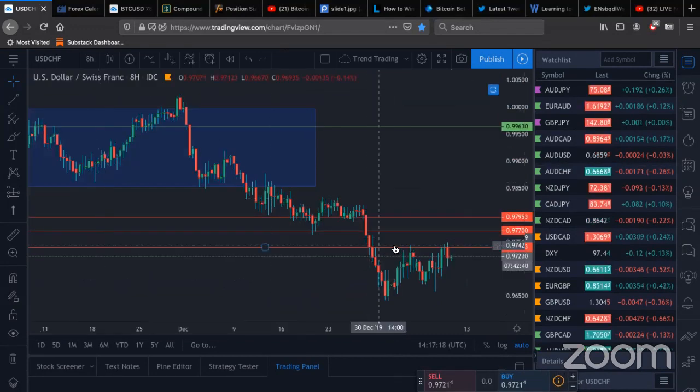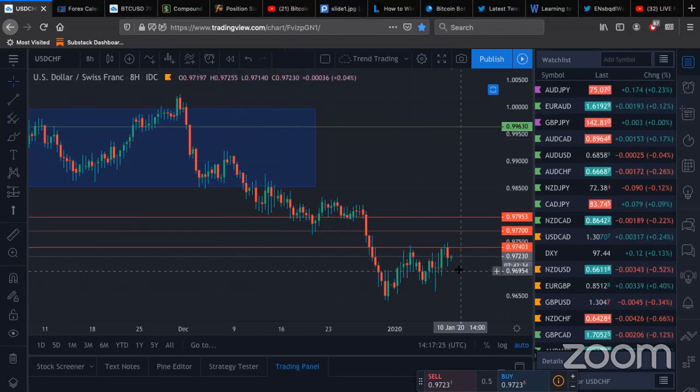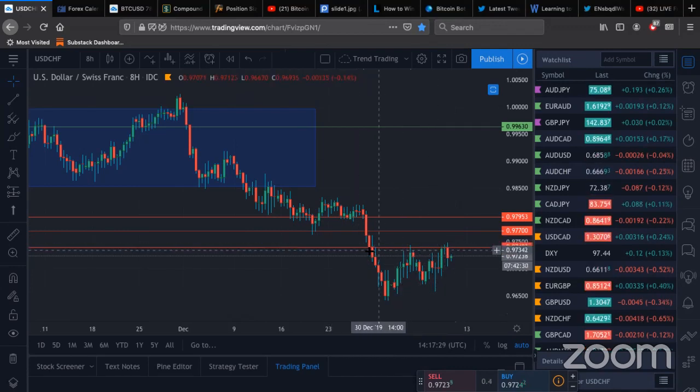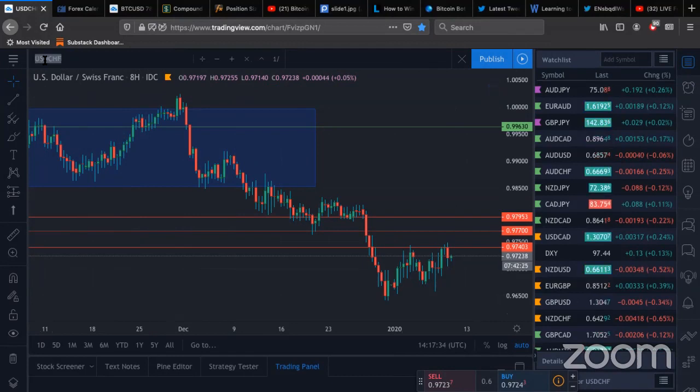You could see here, this is the stronger resistance. Not to say in a strong move that price will come all the way back up to here. That's not necessarily true. I'm just pointing out the fact that right here on the Australian dollar, Swiss franc, you are looking at a